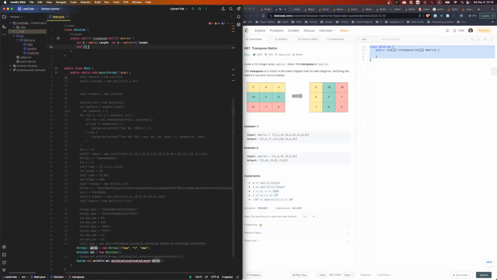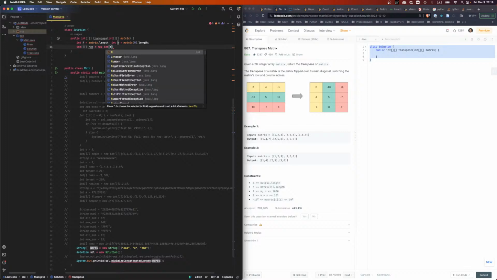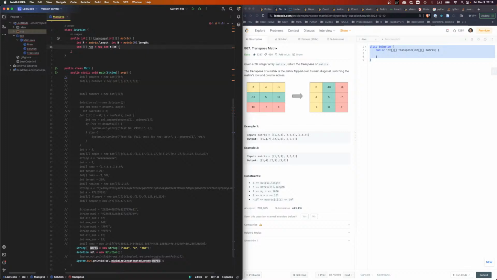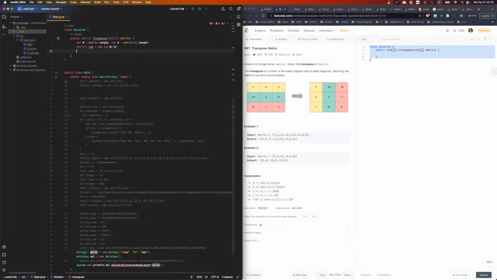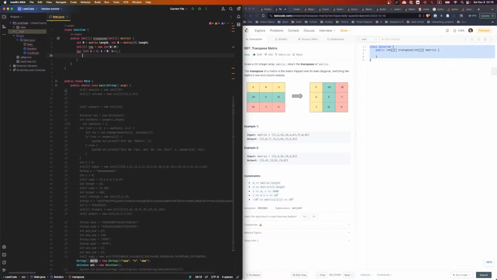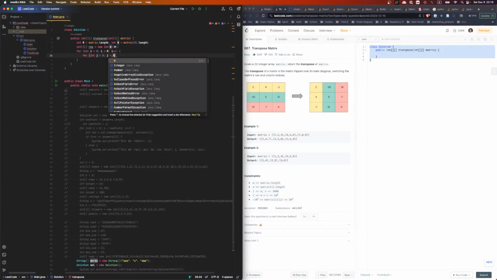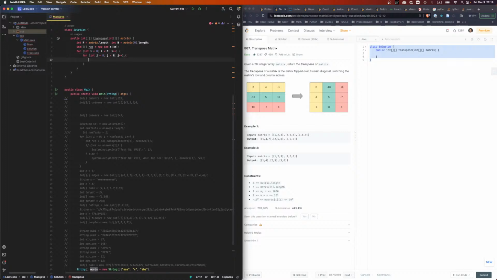equal to res new int, so n and m. Okay, then what we need to do is first, for int i equal to 0, i smaller than m, i plus plus, for int j equal to 0, j smaller than n, j plus plus. Okay, then we do matrix, no, res j,